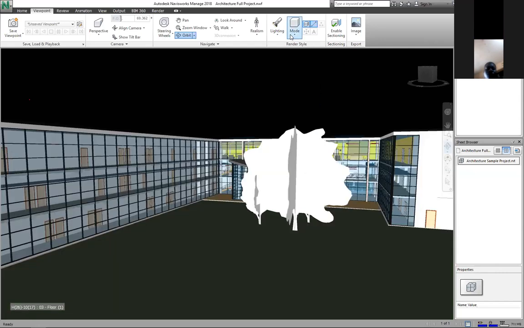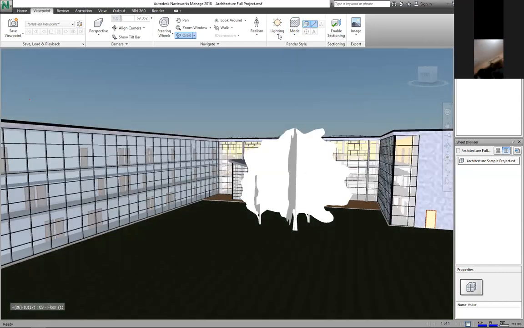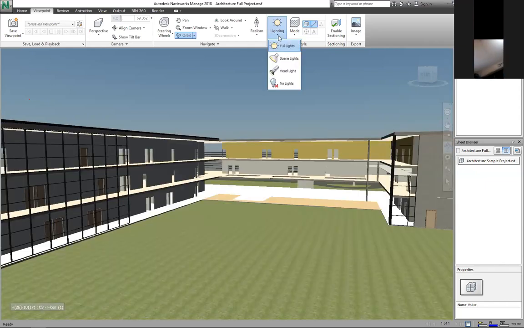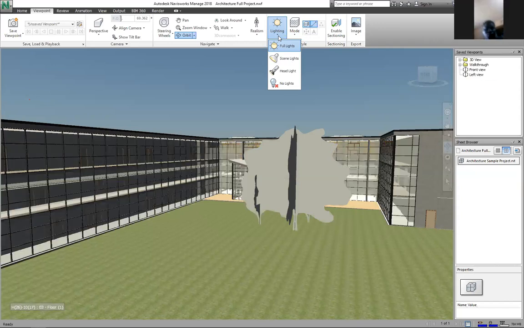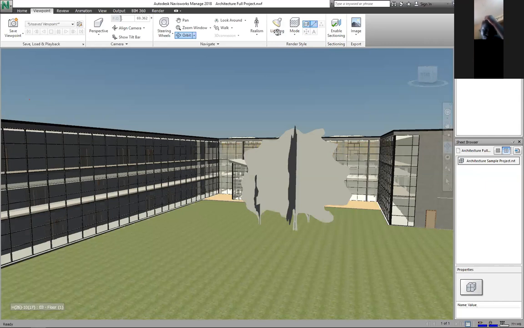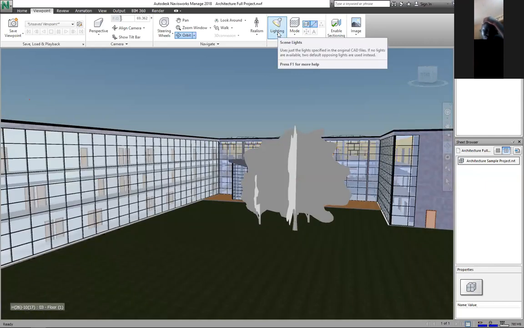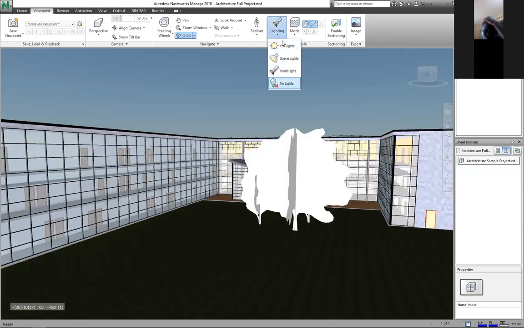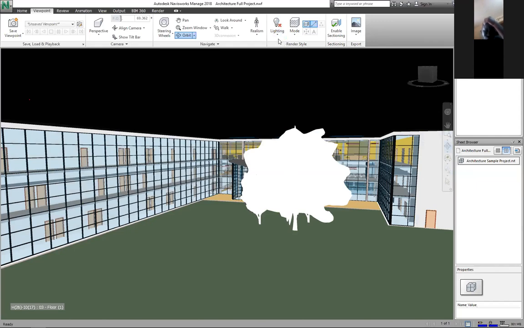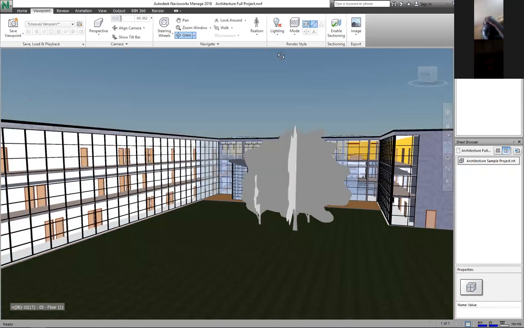Then also, we can work with lighting, having full lights everywhere. This is when there's full light in all of the model. So also change it to the scene light, where it now changes to the scene light just to reduce the illumination. We have the headlights and we have the no light. So that is simulating a situation where there is probably no electricity supply,